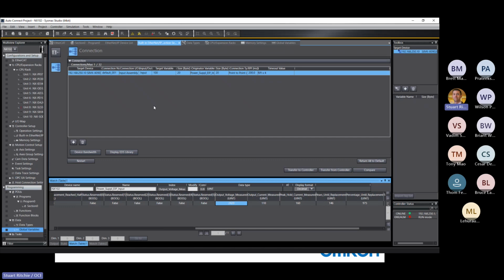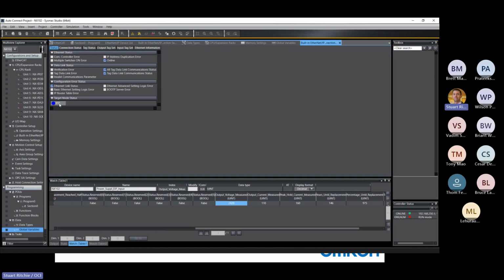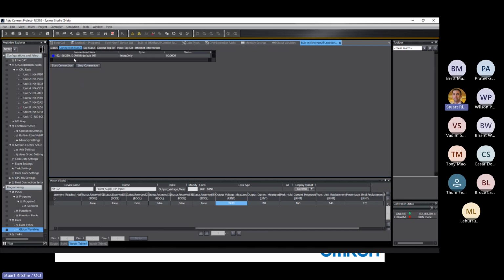Another place we can look is something called the monitor feature for Ethernet IP. So if we right click on this port, we can monitor it. And there's .10, which is our power supply, and it's blue. So if that were red, we would have a connection problem. And if that were red, we could also drill into that a bit more and get the error status from it and work on troubleshooting that way. But